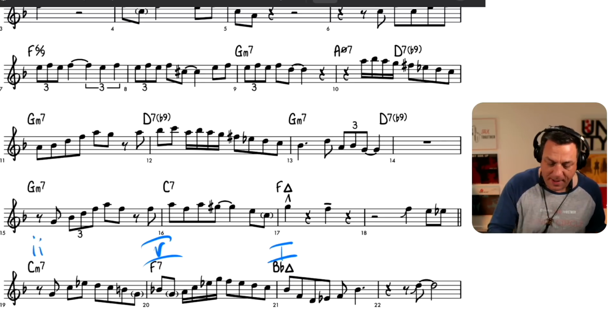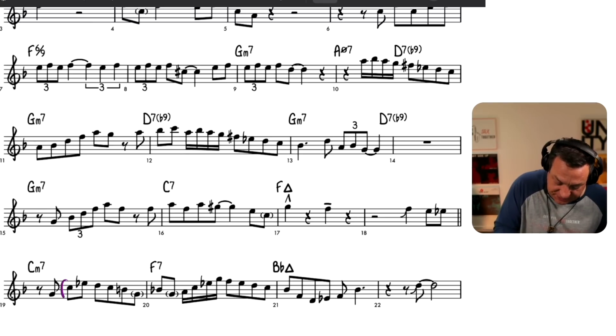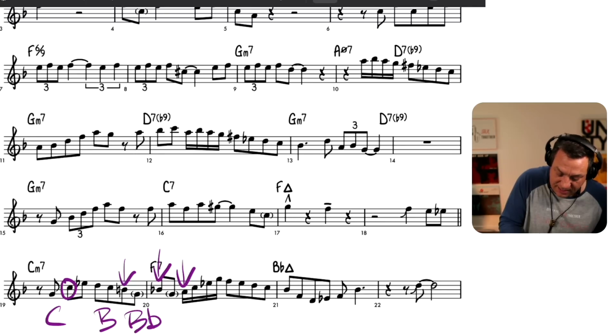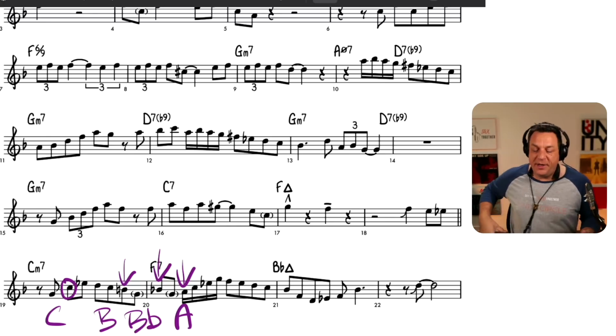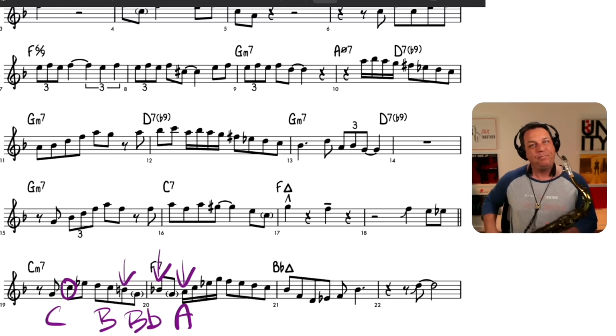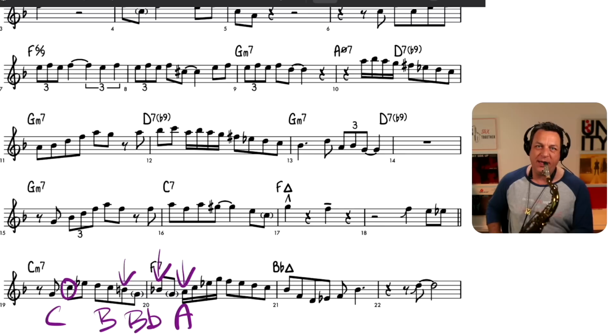Now, let's talk about another line cliche, another little bit of voice leading that you can do. See how this word voice leading keeps coming up. This time, we have got the C, okay, going to the B, going to the B flat, going to the A. C, B, B flat, A, just on the page. So this is another hard bop and bebop cliche that you can do. Which is a way of just adding that melodic element to your 2-5-1. Now, you might recognize it in licks that kind of go like this. Or maybe...